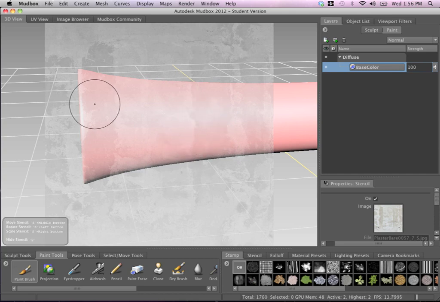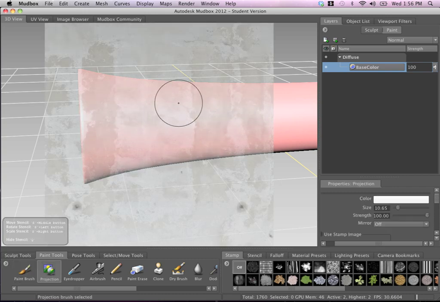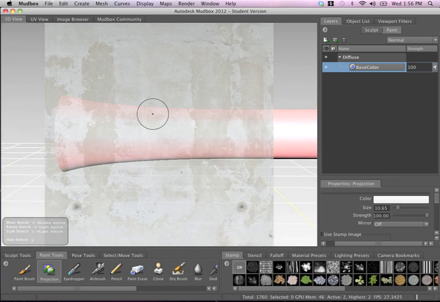If I click and hold the M key, that's changing the pressure. But right now I'm using the paintbrush. I actually want to project this texture on this surface. So I'm going to use the projection brush, and automatically this plaster photo acquires all the color information, because before it was black and white. If I'm using the brush, it's actually making the image black and white, so you can't really do anything. You need the projection brush to